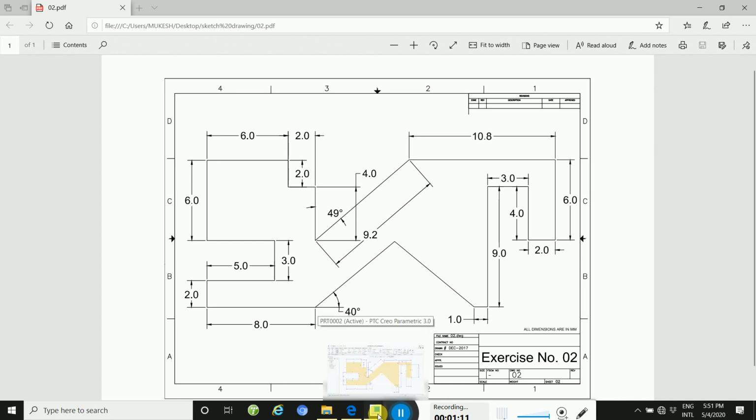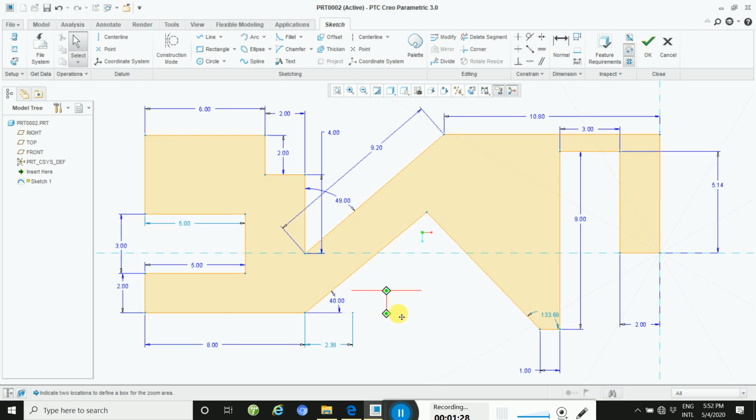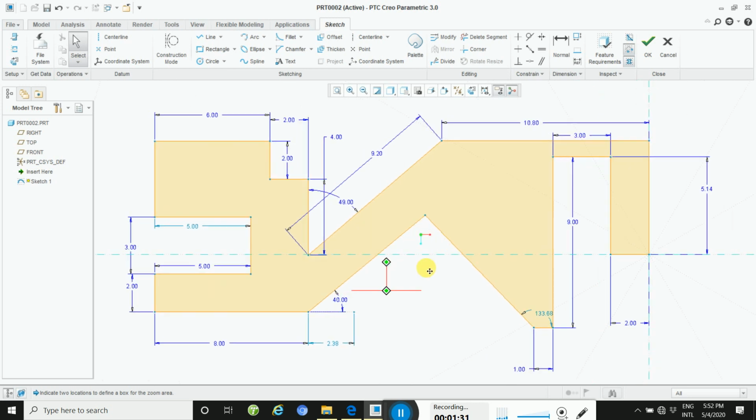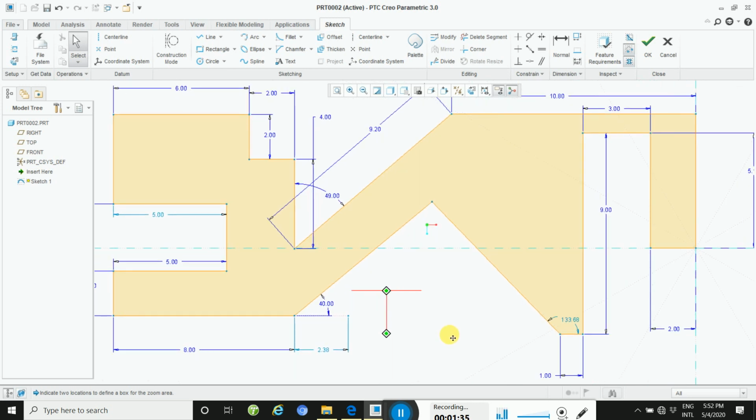Here is the drawing, made with the help of the normal line command and dimensions. So how to draw this drawing in Creo Parametric? How to zoom: Control and then the mouse middle button.